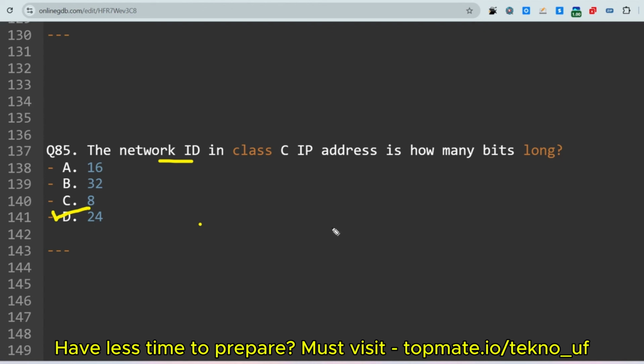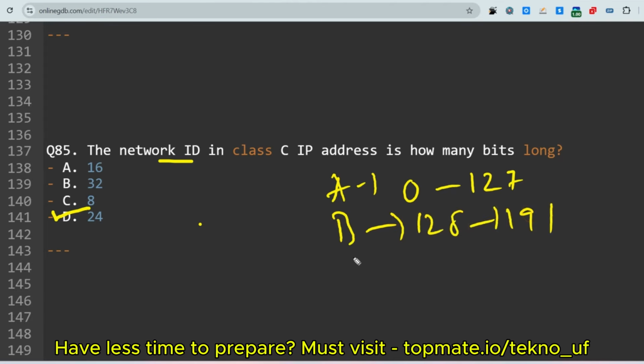As you know, the class A range is from 0 to 127. Then the class B range is from 128 to 191, and the class C range is from 192 to 223.